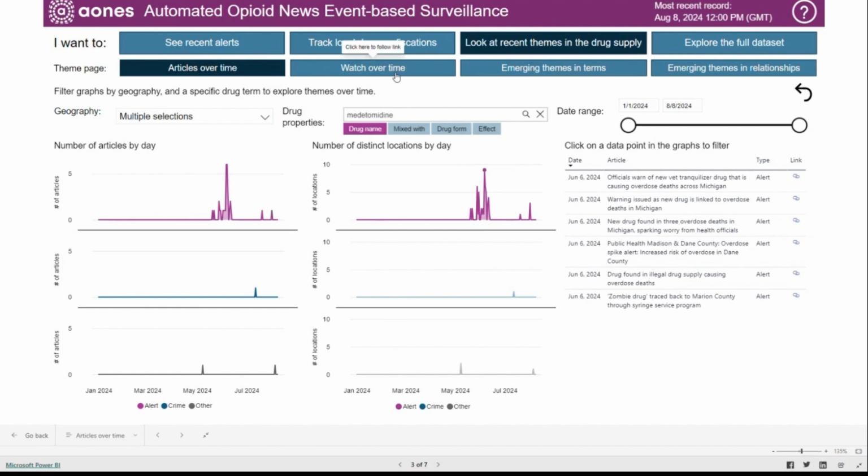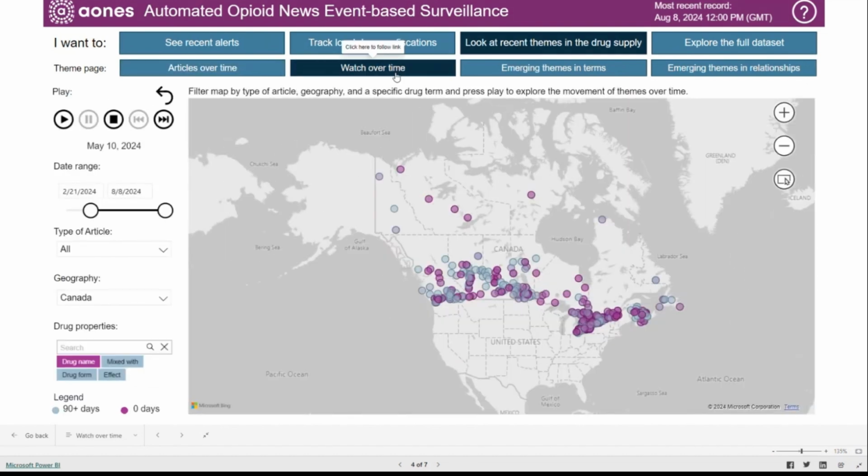The second page is a watch over time page. This page allows users to watch the geographic spread of articles over time. Again, the intent is to look for specific terms and to see how it moves geographically. As articles get older, they move from being bright purple to pale blue. If we were to use the same term as from the last page,